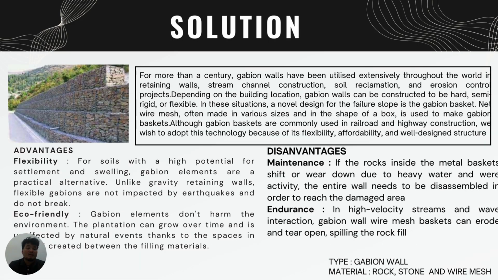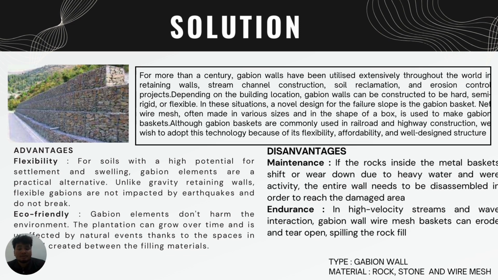Next slide is solution. The solution from the gravity retaining wall has the interior instability in the wall. A channel consists of soil and the control project and depends on the building location. Retaining wall is considered to have the semi-equal civil of liveability and solution, and a novel design of the slope in the gabion basket. They'll be mass automated in various sizes, and the slope and a box. It's used to make the gabion basket, and the gabion basket is commonly used in really high